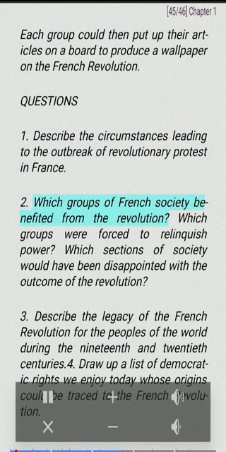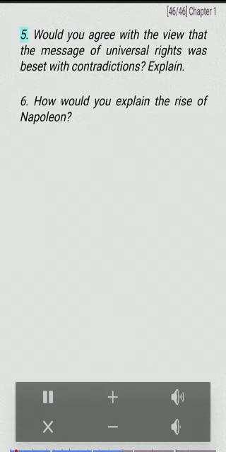Questions. 1. Describe the circumstances leading to the outbreak of revolutionary protest in France. 2. Which groups of French society benefited from the revolution? Which groups were forced to relinquish power? Which sections of society would have been disappointed with the outcome of the revolution? 3. Describe the legacy of the French Revolution for the peoples of the world during the 19th and 20th centuries. 4. Draw up a list of democratic rights we enjoy today whose origins could be traced to the French Revolution. 5. Would you agree with the view